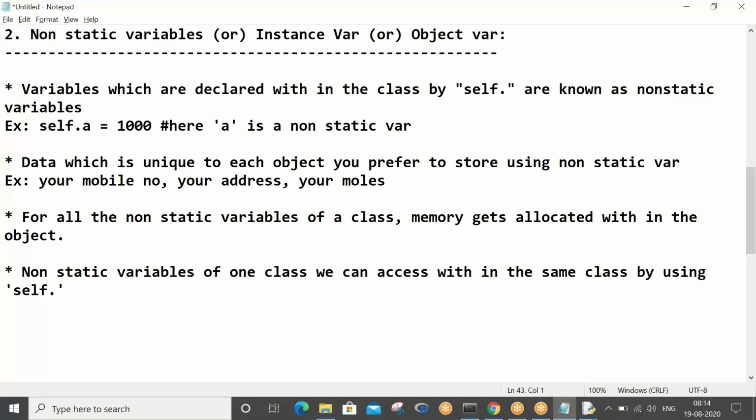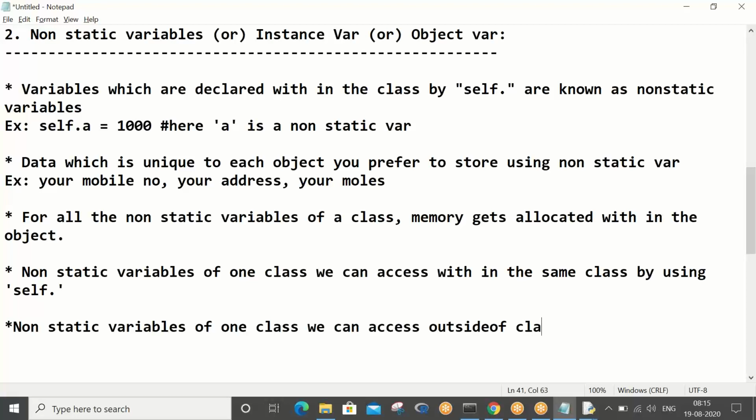But outside of the class, how do we access, sir? Non-static variables of one class we can access outside of the class by using a reference variable.